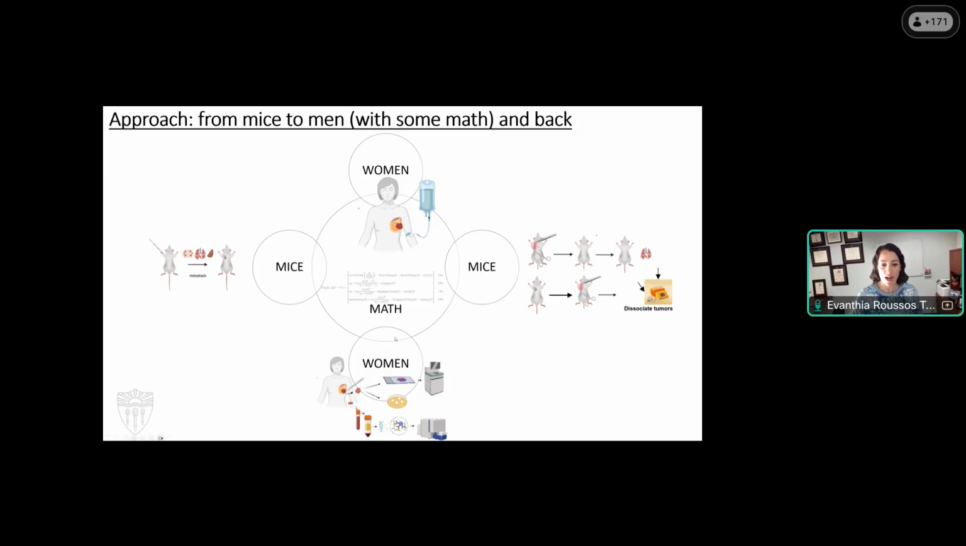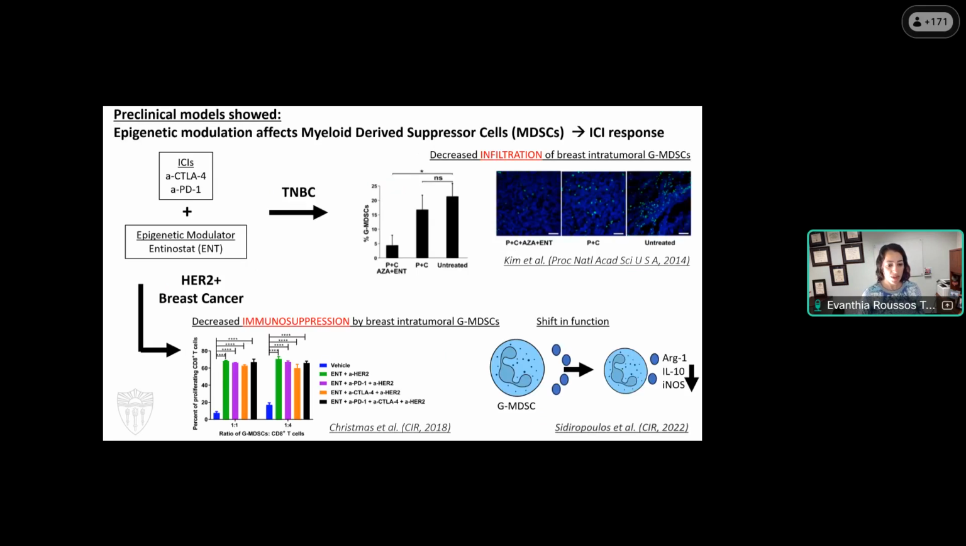And this is really why I think I was asked to discuss this in the context of this workshop. This is a systems biology approach, and how are we using systems biology to help us answer this question. To start with the mice part of my work, this is a brief overview of a lot of the work that was done leading up to one of the projects I'm going to talk about, which is looking at epigenetic modulators as a way to target these myeloid-derived suppressor cells within the breast TME